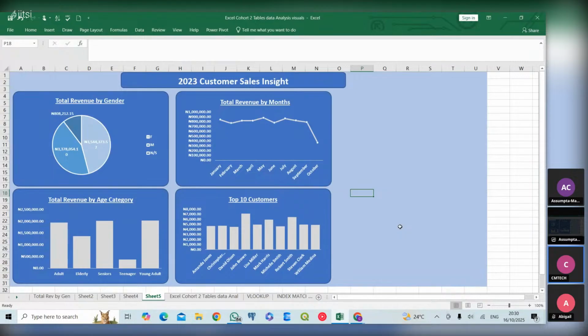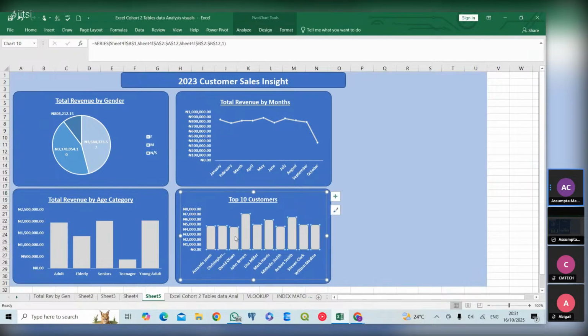Sorry, we didn't know that YouTube was not recording, and I've already done a lot. So, basically, I'll just run down what I did. I copied from the sheets and pasted the third one and the fifth one because I already pasted the first and second. I adjusted the colors. You can adjust the color of your bar chart